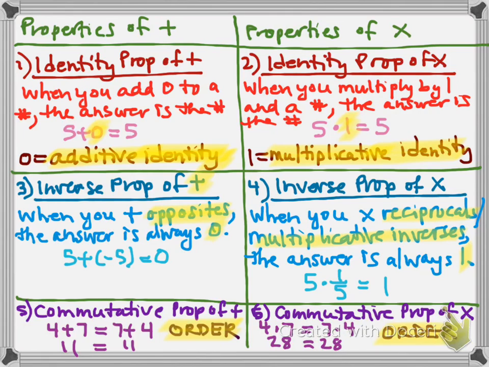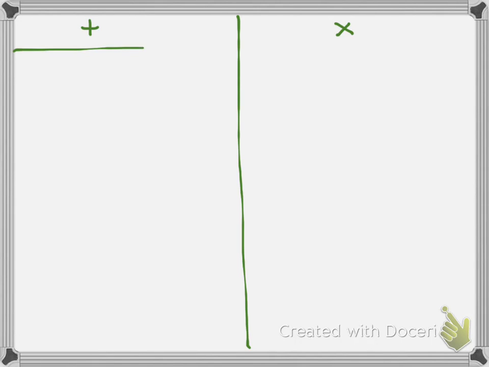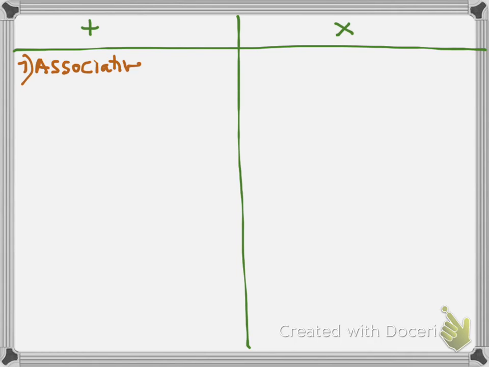All right, now I need to go on to my next page. We've got another one that shares. Is everybody good? Can I move? Yeah? Everybody? Okay. So this is our properties of addition. This is properties of multiplication. I'm just going to continue it on. So let's see, we're at number 7. This one is called the associative property